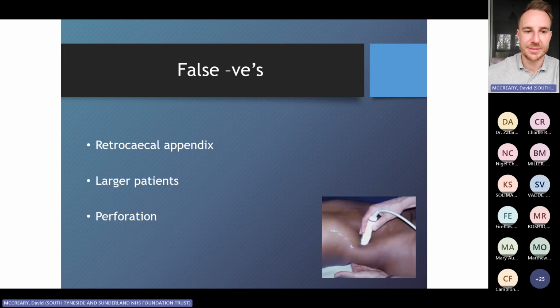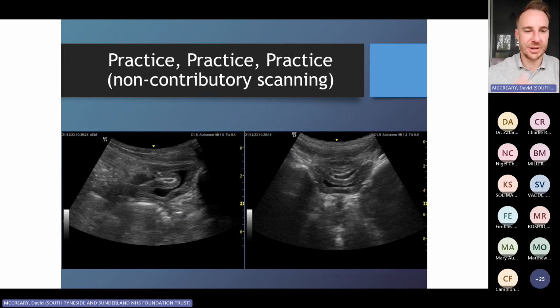I guess bigger patients will be a problem, and if everything's perforated, it can be quite tricky. So I would just say practice. If you start seeing unusual appearances like this, which is just when the bowel loop folds in on itself and looks like, is it free fluid? Is it interloop fluid? Just practice and do it non-contributory. Don't scan and make decisions on them. Just scan to practice as much as you can, because the patients don't mind it at all,